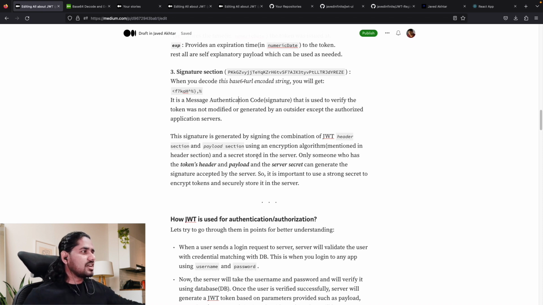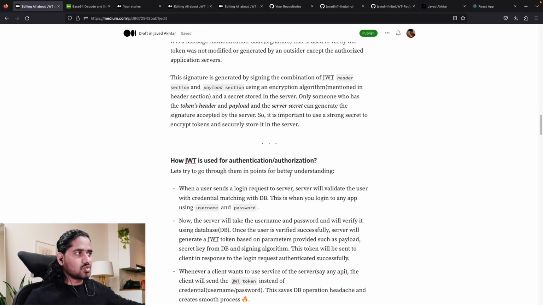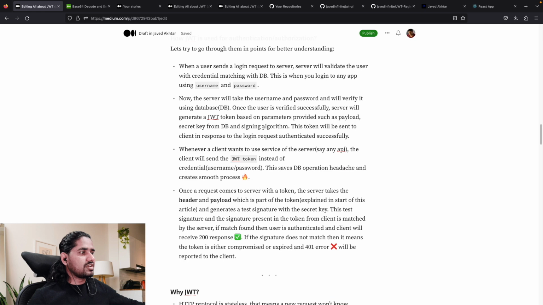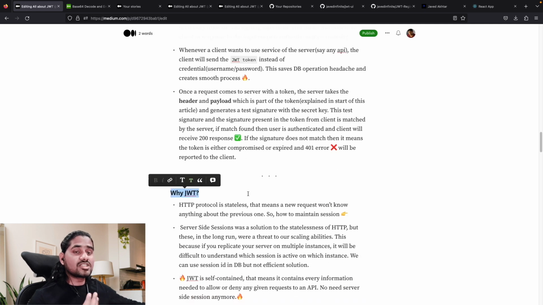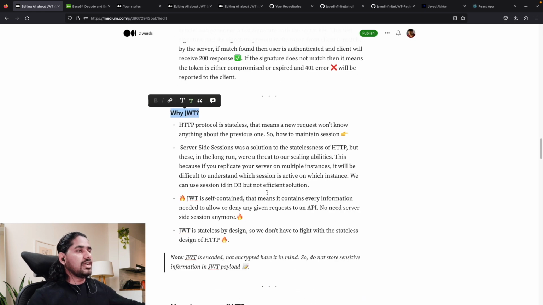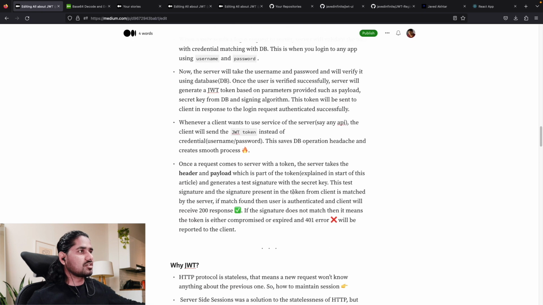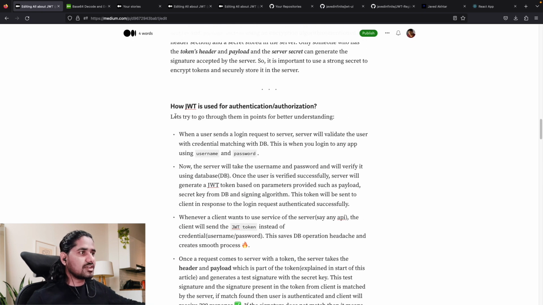Now, am I missing anything here? No, I just explained that both the header section and the payload section are used with the secret key to give you the signature. Now let me explain why JWT is getting used, and also how it is secured. But before that, let's try to understand how JWT is getting used